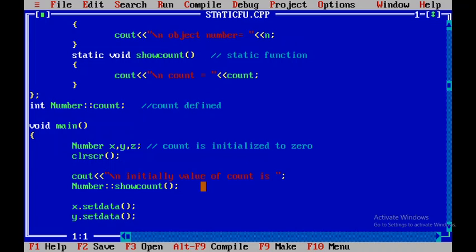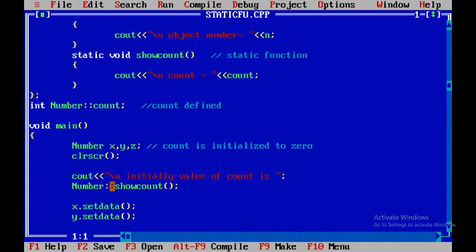I hope you remember the rules for static variables. Static variable memory will always get shared between all the objects you have created. If you want a detailed description, you can refer to my lecture; I am specifying the link in the description box.